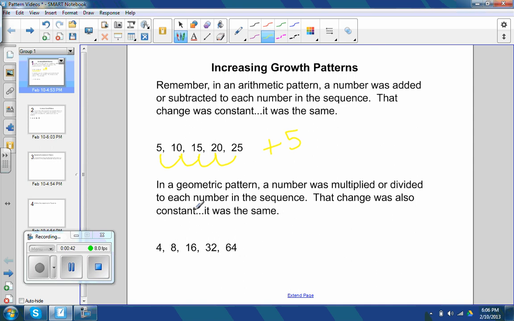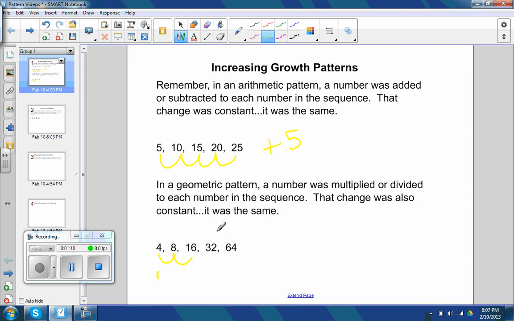In a geometric pattern, a number was multiplied or divided to each number in the sequence. That change was also constant. It was the same between each number. It might have taken us a little longer to figure it out because we just kind of assumed, well, from 4 to 8, we could add 4. From 8 to 16, well, we can't just add 4. We might have thought, well, here we add 4, and here we were going to add 8, and maybe here